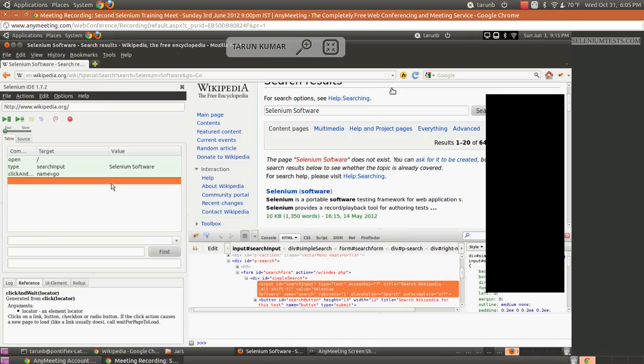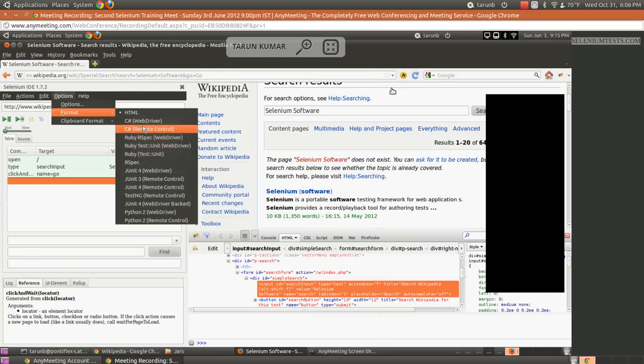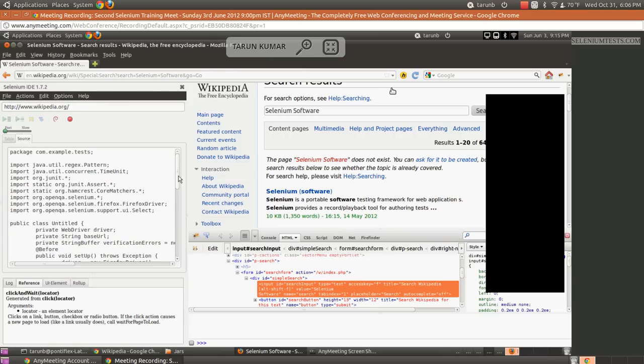So we can record operations in Selenium IDE this way. We can save these test cases. We can also create a test suite in which we can have all these test cases together. There is one feature of Selenium IDE which is used very often, even by those who do not use Selenium IDE for tests per se. They use the formatting option here. You can convert these tests into different languages: JUnit WebDriver, TestNG WebDriver, or Ruby or Python or something else. I can just convert it to JUnit here.